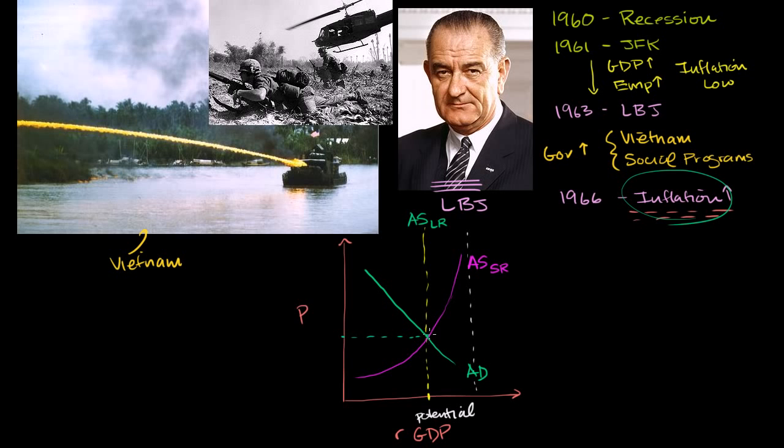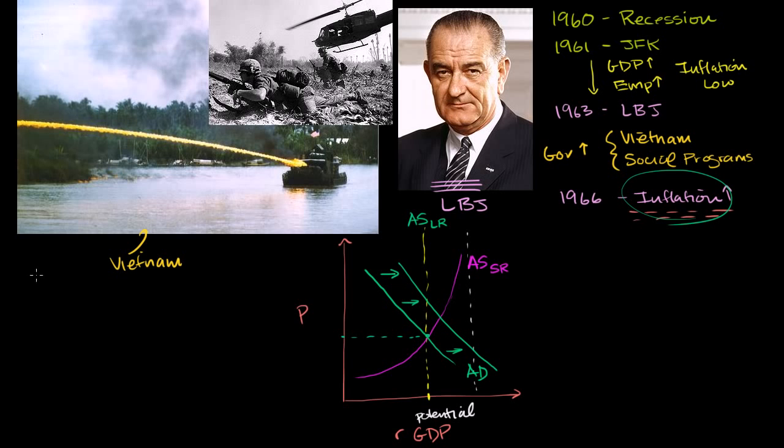So this is 1964, 1965. Here we are. The economy is humming along at its potential. Now more gas is thrown on the flame. Government accelerates its spending, because of Vietnam and all of these social programs. So what's going to happen? Well, that money is ending up in companies' and people's pockets. They are going to demand more. It's going to shift the demand curve to the right. At any given price, they are going to demand more. So aggregate demand is going to shift to the right, and maybe it goes someplace right over there.